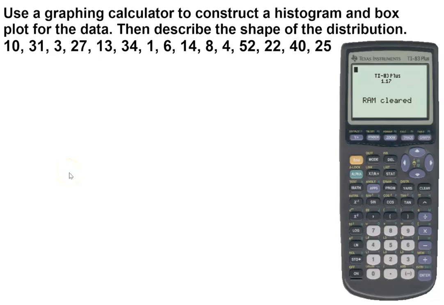In this video, I'm going to show you how you can use a graphing calculator to construct a histogram and a box plot, and then we're going to analyze the data with the statistics. So the first thing we're going to do is enter the data that we have listed here